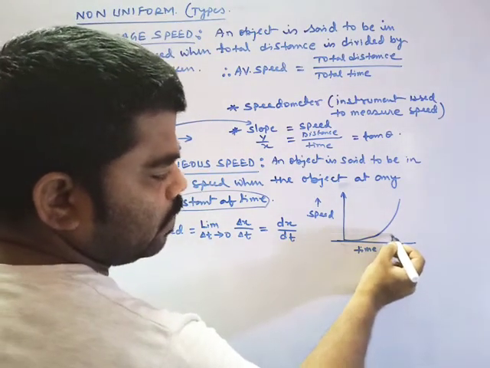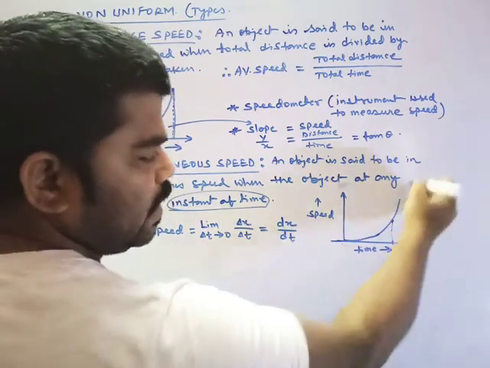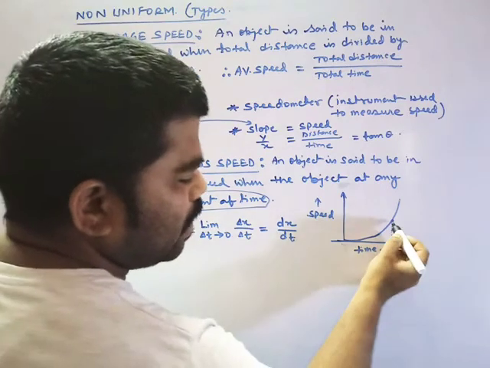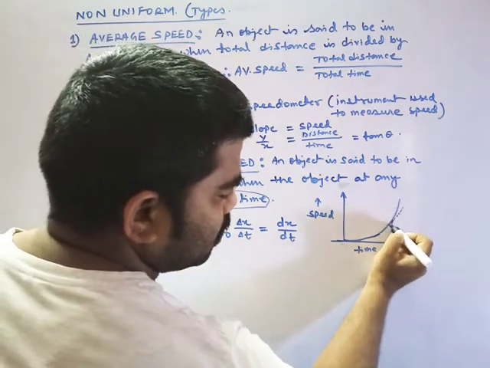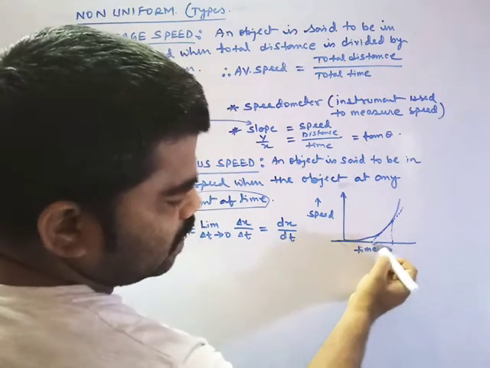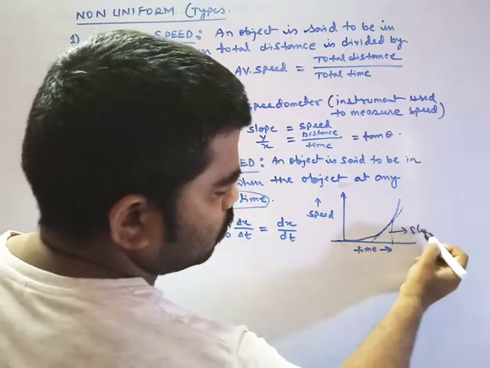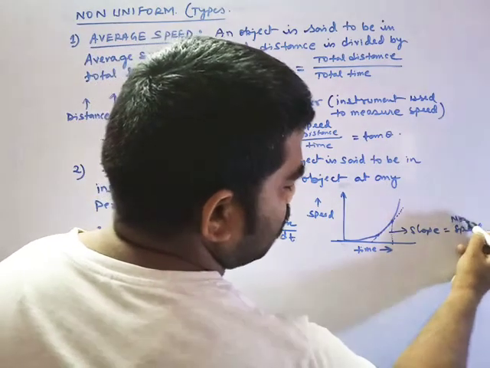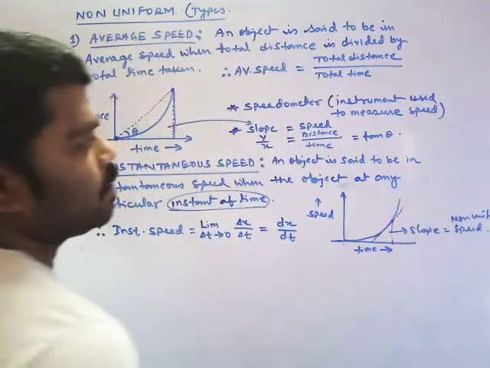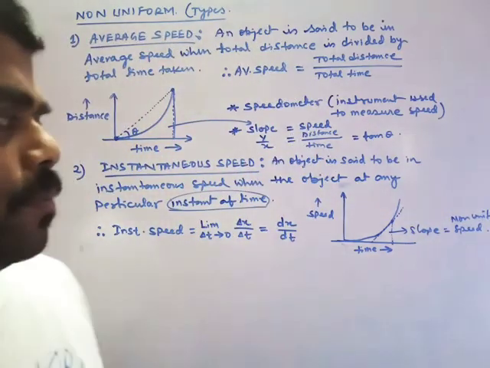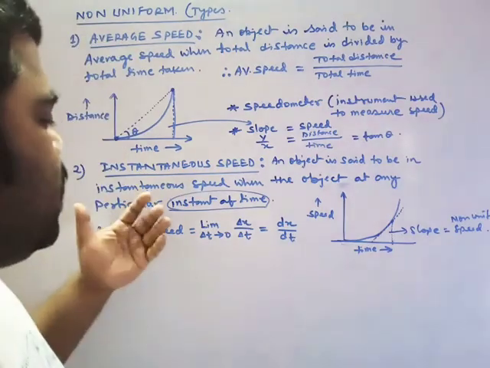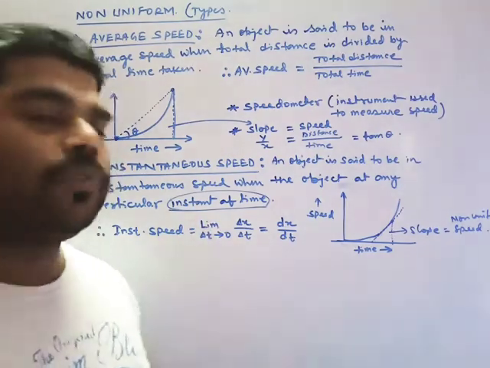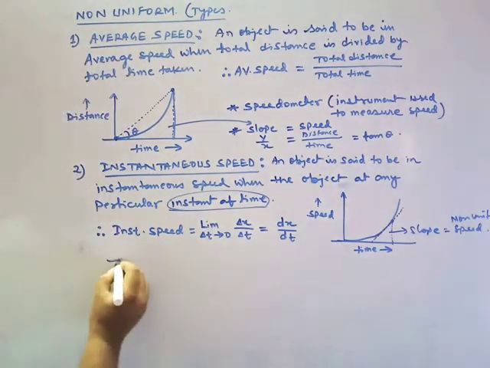Suppose I want to find it at this point. So what to do? From here you take a point on the graph, I mean to say a parabolic graph, not again a hyperbola. At this point first you take a tangent. Look here, this tangent again forms a slope. The slope will again provide the speed, but this will be the non-uniform speed. This way we can find the instantaneous speed. We can find it even if it is not a graph. Suppose an equation is given, then also we can find this. Is it clear?